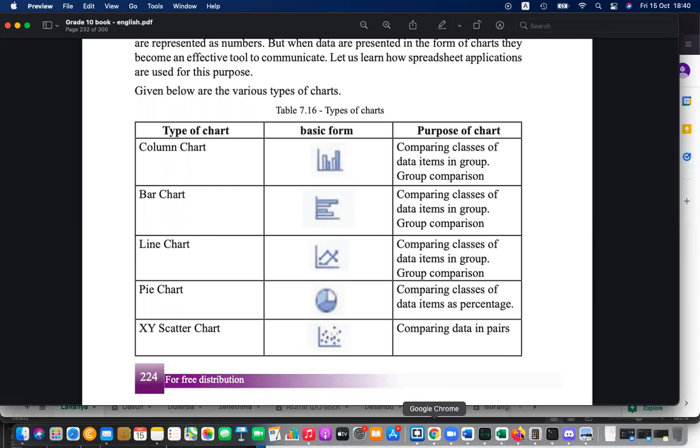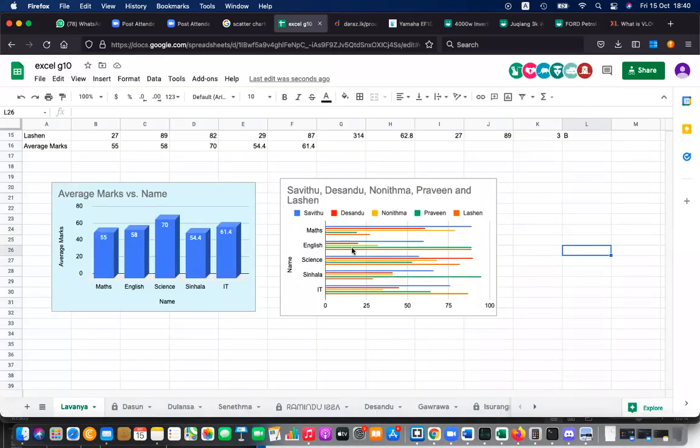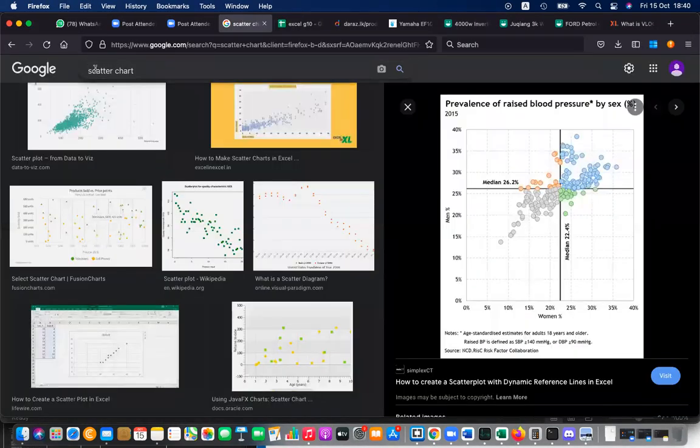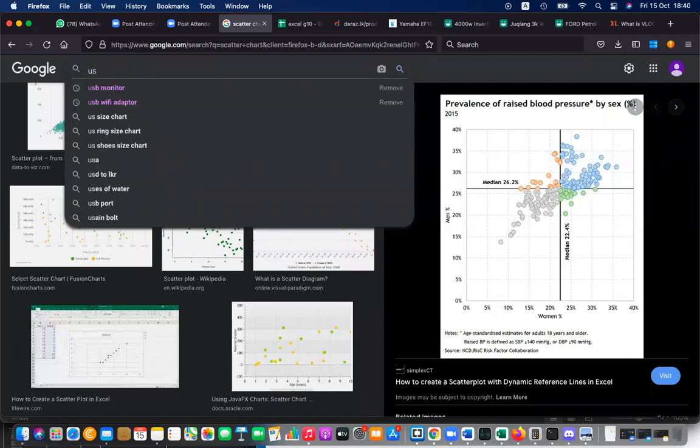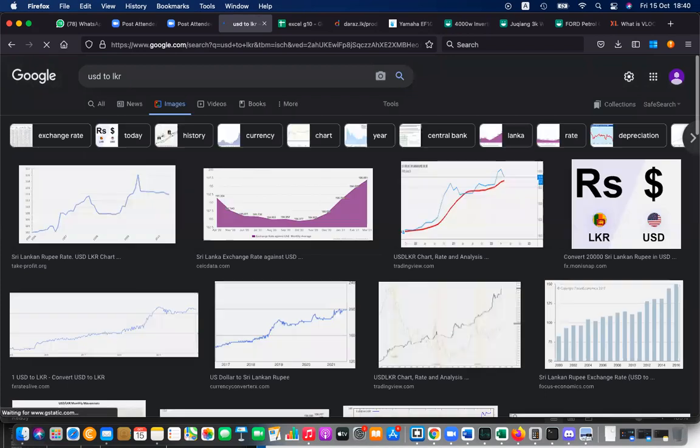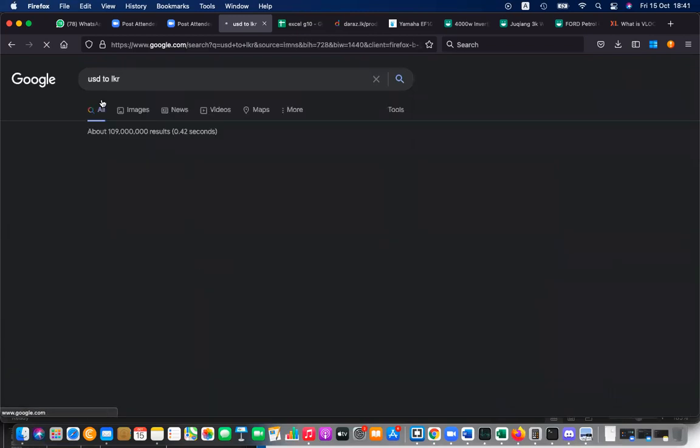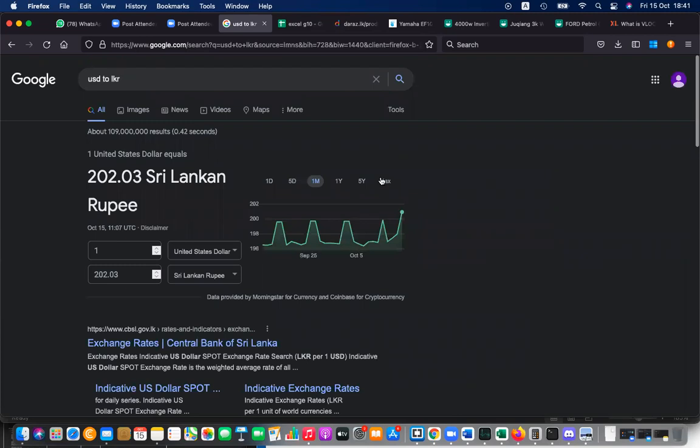So to show the change in money value, here actually USD to LKR, if you want to see how it has changed during the last decade, you can use these line charts. It is clearly showing how it has increased.